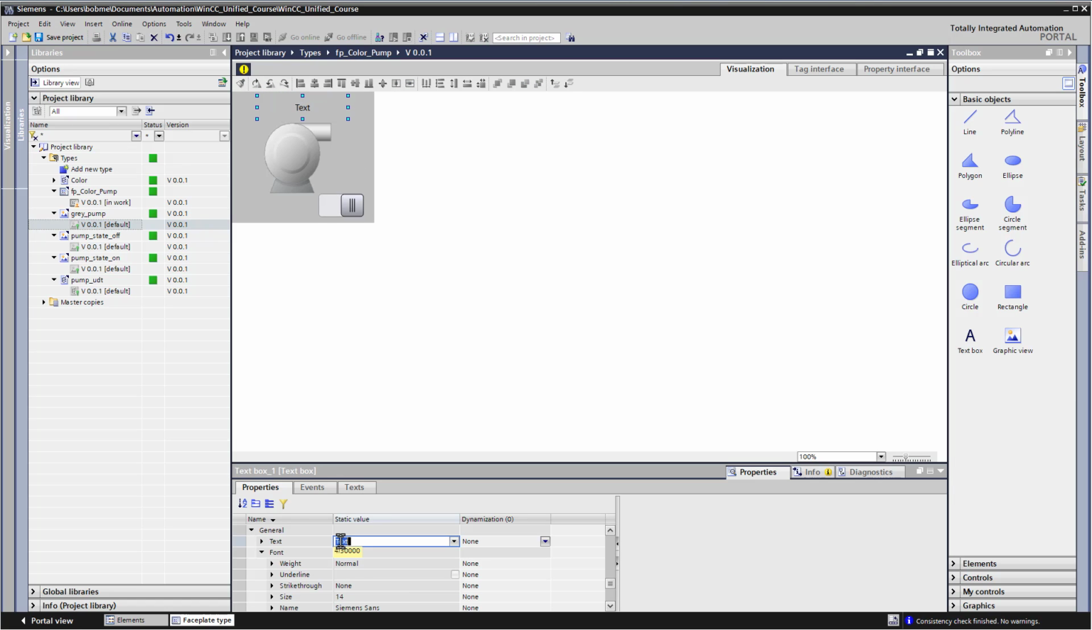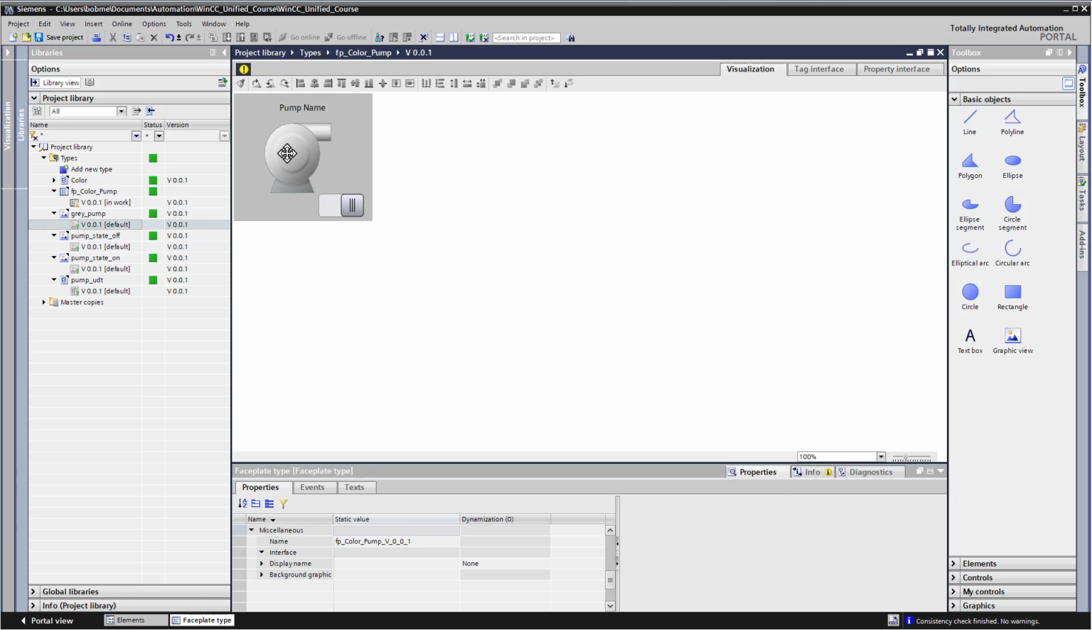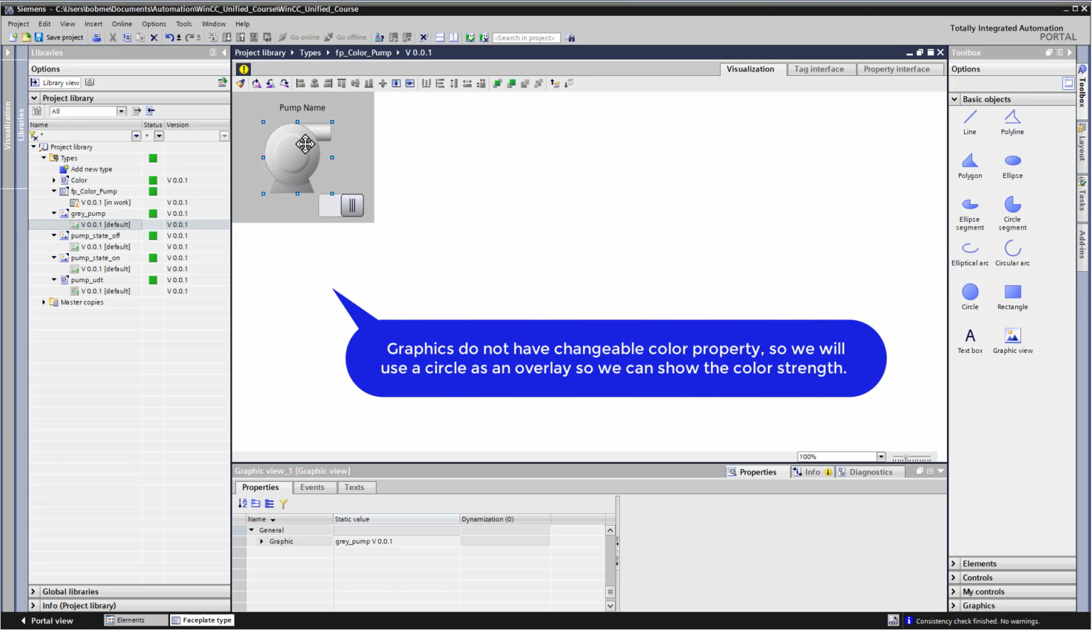And then for the text, I'm just going to default pump name. And I want to add a circle here that will show the actual color being put out by the pump. So it's either going to be red, green, or blue, and it's going to be a strength value of 0 to 255. We can't actually change the color of the graphic. So I'm just going to grab a circle, and I'm just going to kind of place it on the pump